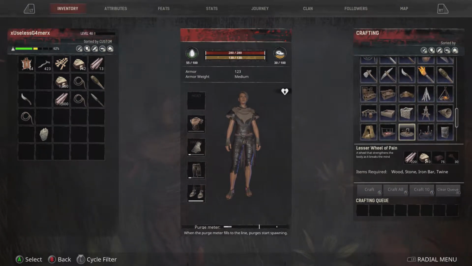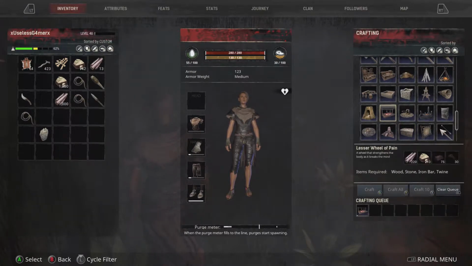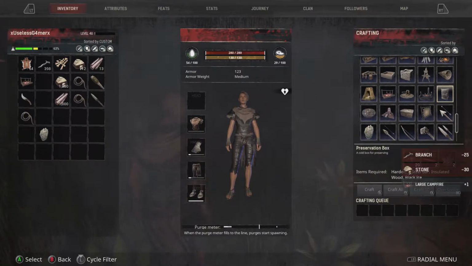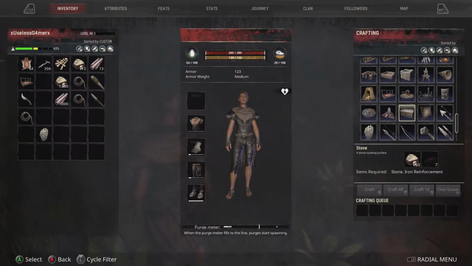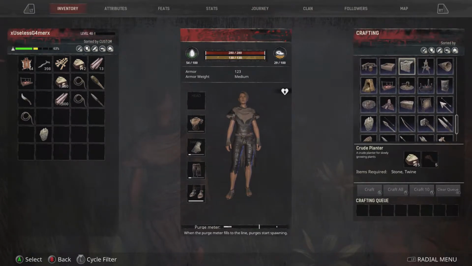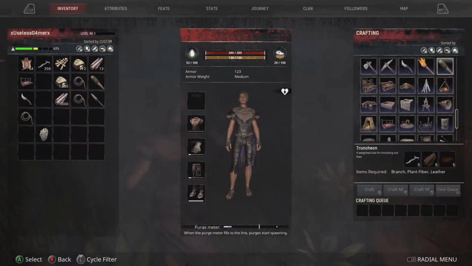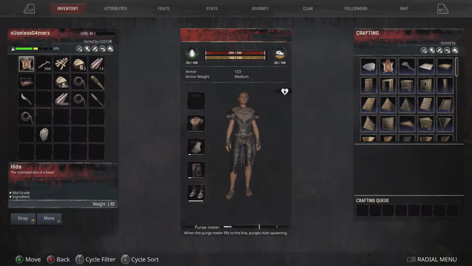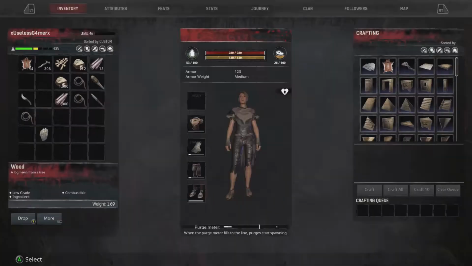I think I need beds as well for the thralls, which is something I didn't consider. Preservative box. I need black ice, steel. Okay, all right. This stove, 7 iron. I don't know whether I have that to spare. Drying rack, fish traps. Okay, nice. So if I put this here